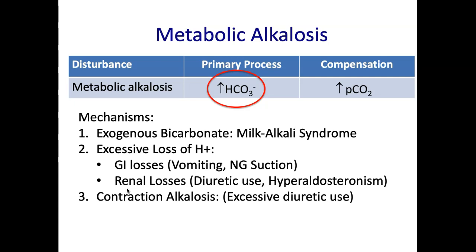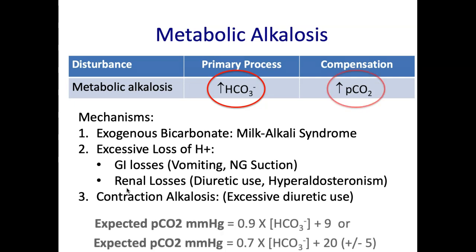Now, there is this entity called the contraction alkalosis, which I also mentioned in the prior lecture. This is where someone is developing volume depletion or chloride depletion, and the classic example is excessive diuretic use. And the proximal tubule will reabsorb way too much bicarbonate than it otherwise would in order to maintain appropriate volume status. So if there's not enough chloride to reabsorb with that sodium, the body will say, oh my gosh, well, I'll just reabsorb this filtered bicarbonate even if I have too much of it. I'm willing to cause a metabolic alkalosis in order to avoid cardiovascular collapse and volume depletion.